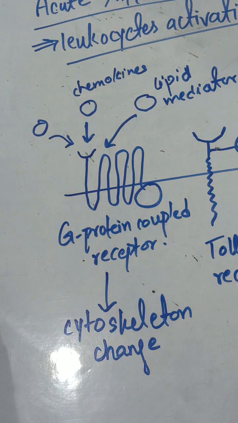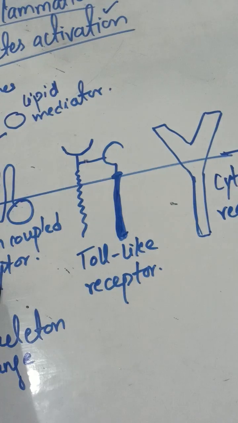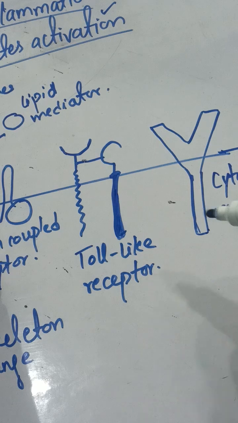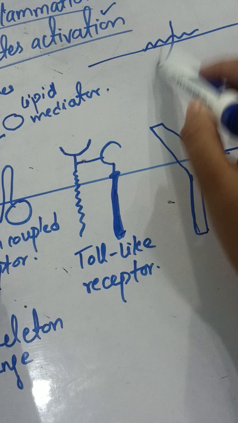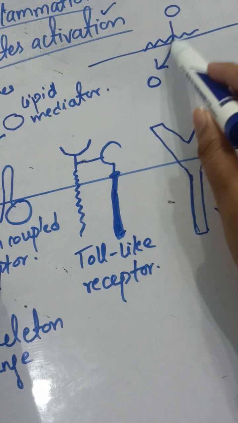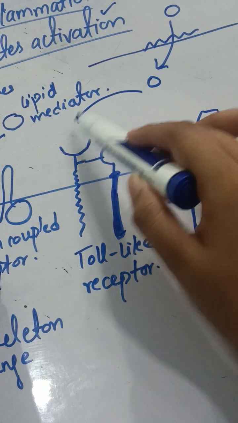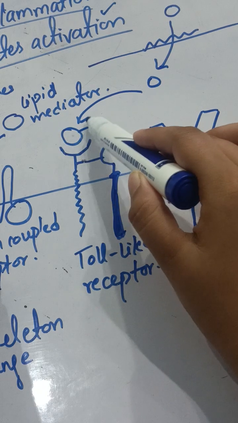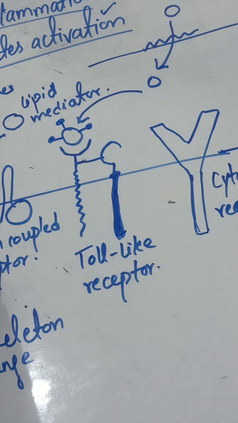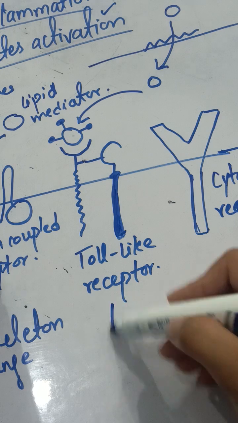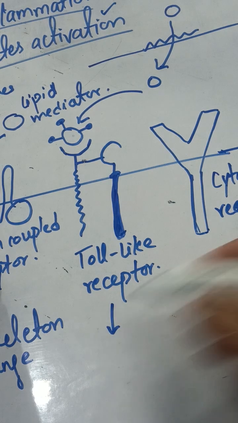Okay, these kinds of cytoskeleton changes are occurring. Now, what are the toll-like receptors doing? The microbe which came through the injured site enters our body through this injured area, and it will bind to the toll-like receptor. This microbe has a lot of LPS on it. LPS means lipopolysaccharide, and this lipopolysaccharide on the bacteria helps it bind with the toll-like receptor. And what is going to occur after that is the production of a lot of mediators.